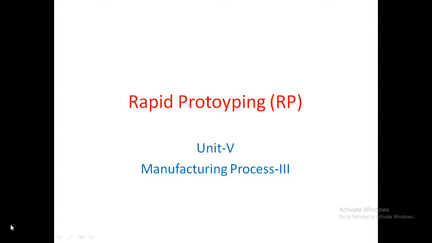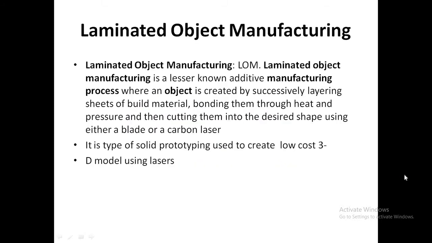Hi friends, today we will discuss the next part of rapid prototyping, unit 5 of Manufacturing Process 3, and today's topic is laminated object manufacturing. Laminated object manufacturing, or LOM, is a lesser known additive manufacturing process where an object is created